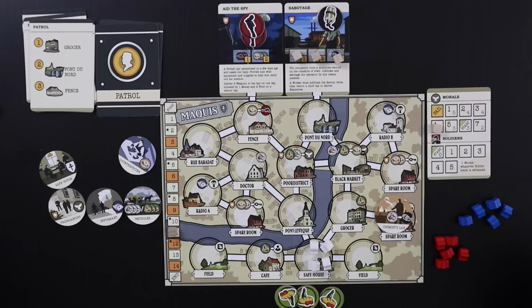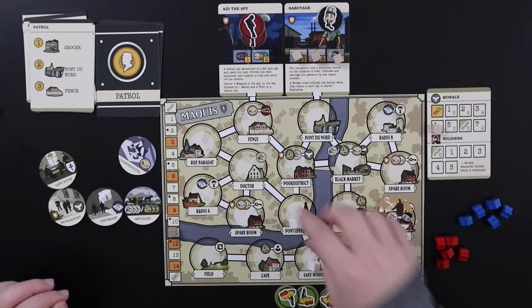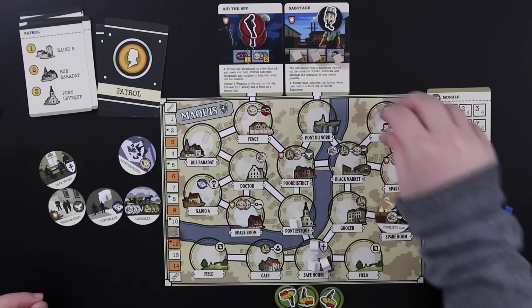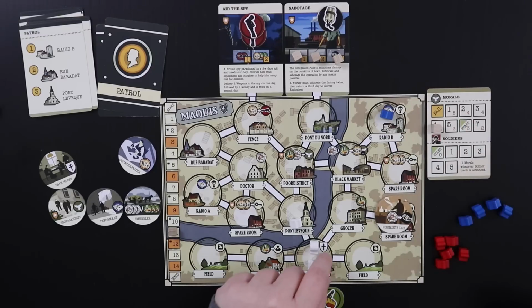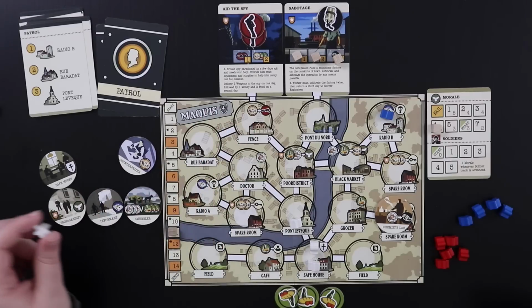All right, so here's what we're going to do this time. We don't really have a lot of stuff going on because we can't really do anything until we get this money. So the main thing we're going to do is we're going to block off Pont-l'Evêque. All right, somebody's going to radio B. Wrong radio, suckers. All right, so let's go ahead and go to the...